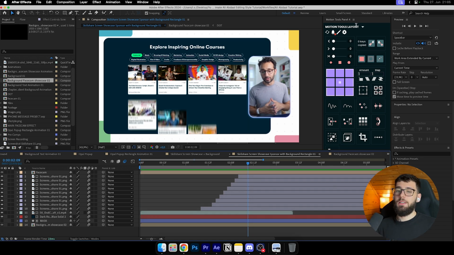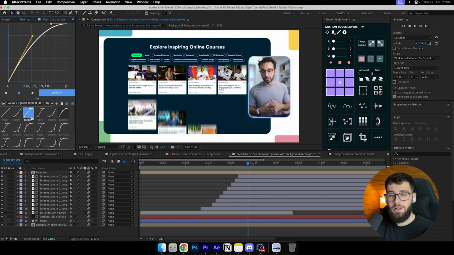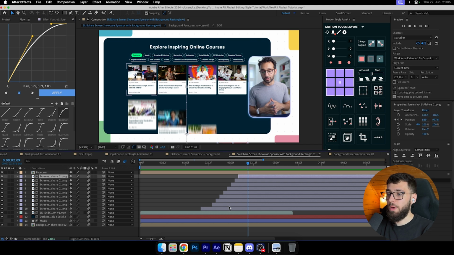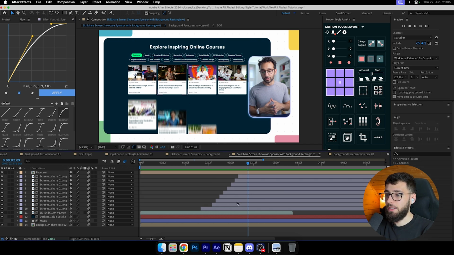For projects like this, I would actually recommend getting the Motion Tools panel plugin. As you see, all the plugins that I use have some kind of function. Deep Glow has a function, as you see here on the Facecam. The Flow plugin has a really good function. It helps me with the keyframes, basically the smoothness of the animations. And then my Motion Tools panel helps me with the whole animation timeline,